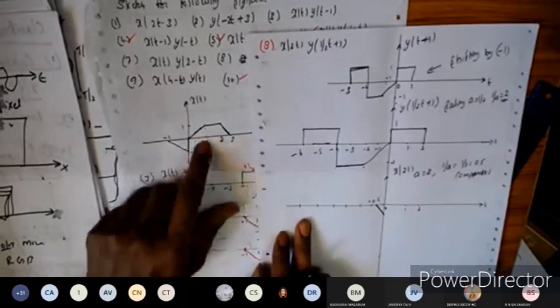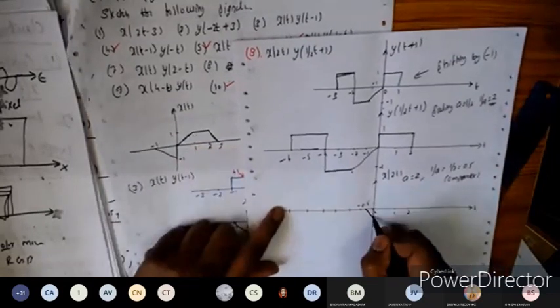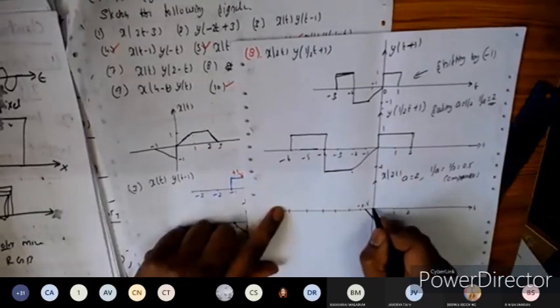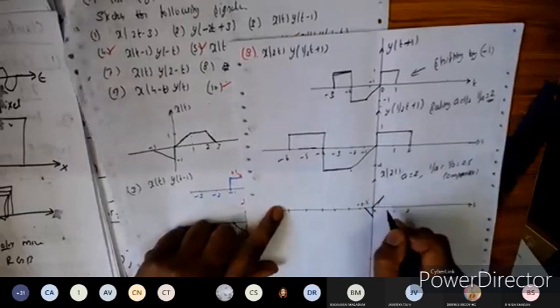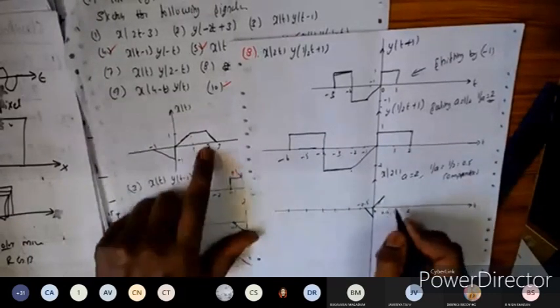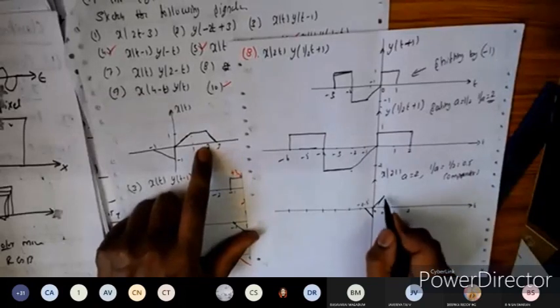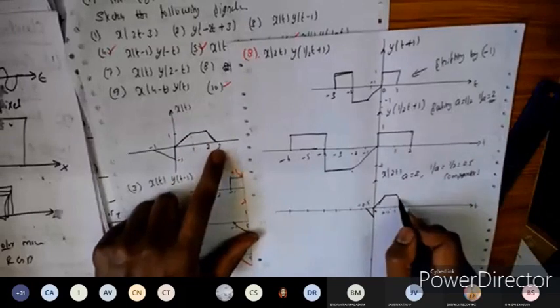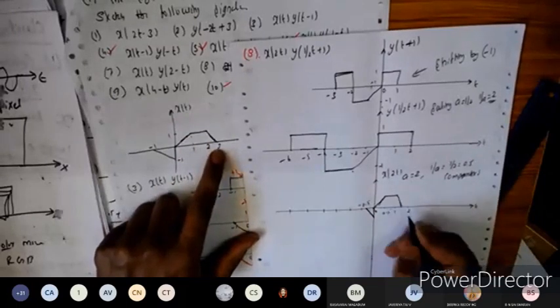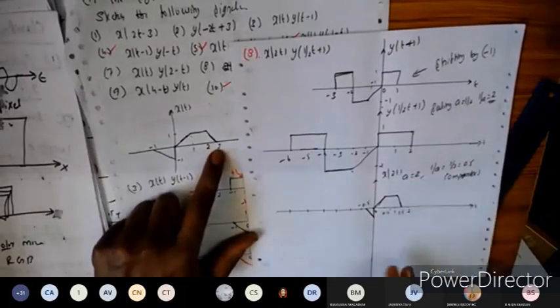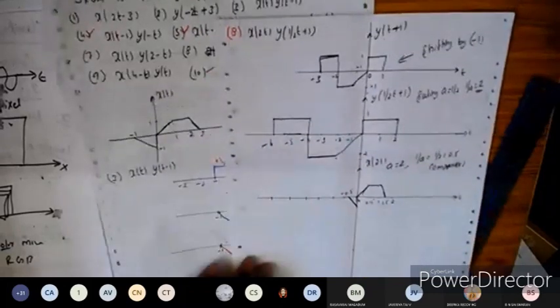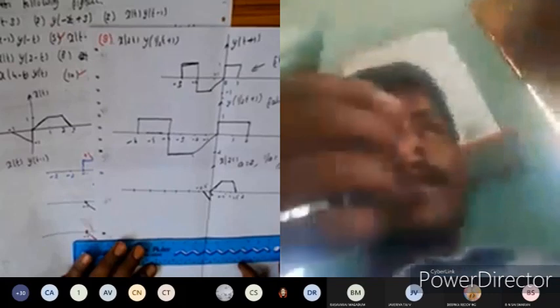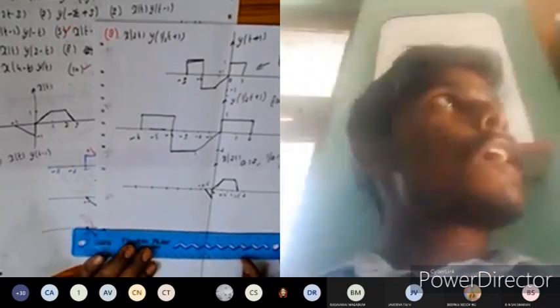Next, 1 multiplied by 0.5, so 0.5 we will get here. Okay. So next 2 into 0.5 will be 1, we will get 1 here. So next 3 into 0.5 will become 1.5 here. 1.5 like this here. So the signal will be getting compressed here.